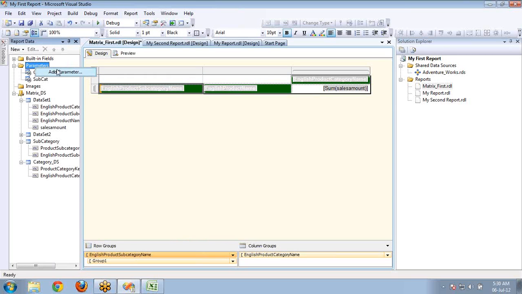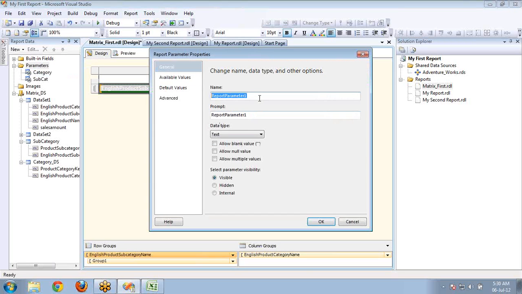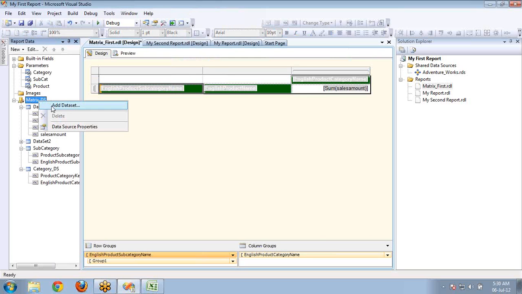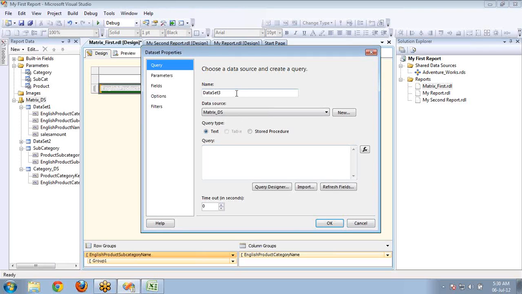For that, what we have to do is first create the parameter product, allow multiple values, and there is no data set for this. Add data set. Product underscore ds is the name. Here select product key, comma, English product name from dim product,